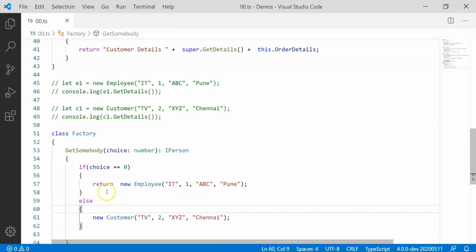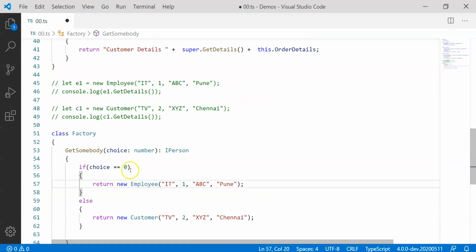Now we are trying to return sometimes employee and sometimes customer, and the common return type is not person. I rather defined it as iPerson. I'm just trying to filter it so that the user should be able to call only the getDetails method. Now I need to call this factory.